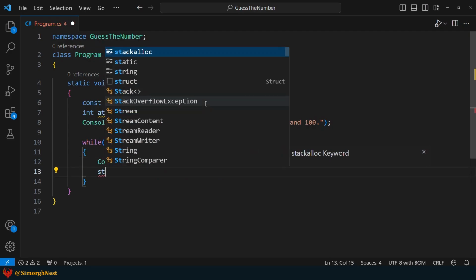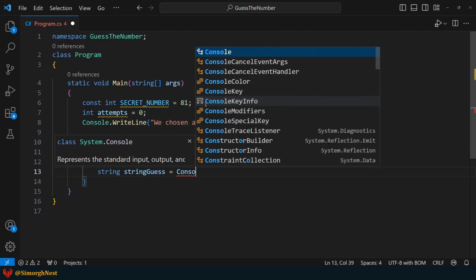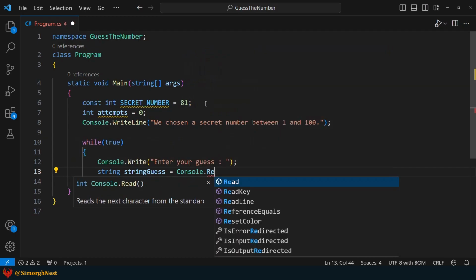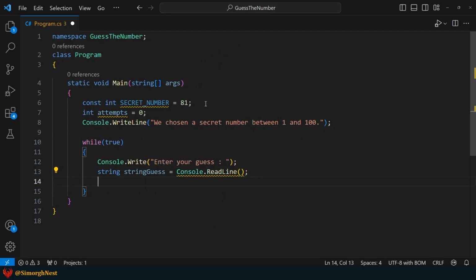Next, we store their guess in a variable. Now, let's increment the attempts variable by 1 to update the number of attempts. After that, we use the TryParse method to validate the input.